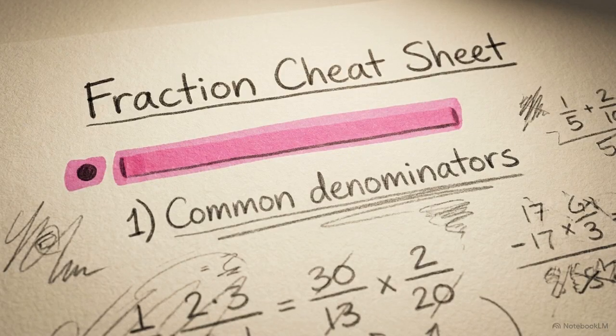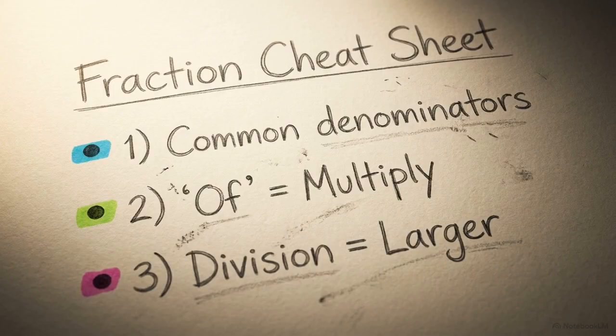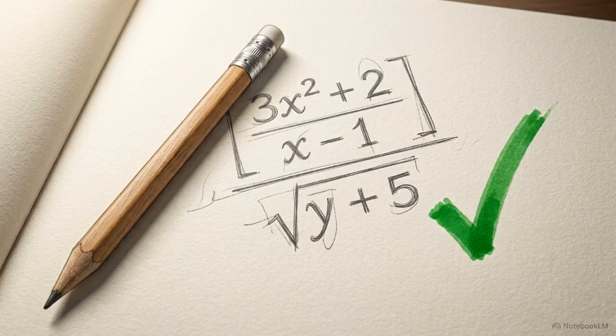Let's lock in the 3 core rules. 1. You must find a common denominator before you can accurately compare, add, or subtract. 2. The word of is a direct command to multiply. 3. Dividing a whole number by a fraction will always result in a larger number. Navigating these friction points moves you beyond simple memorization. You are now applying the logical rules that define how fractions